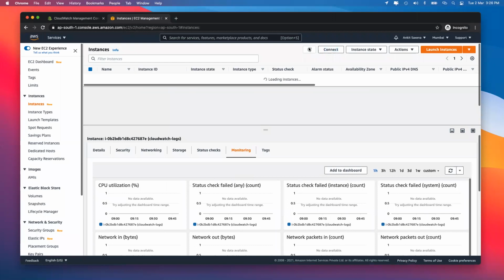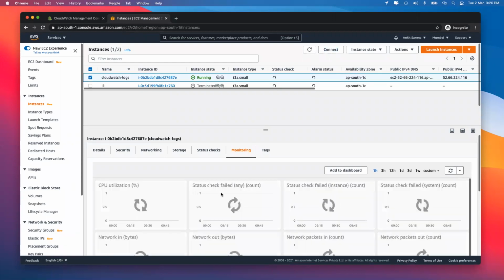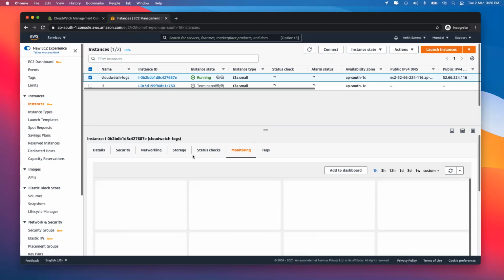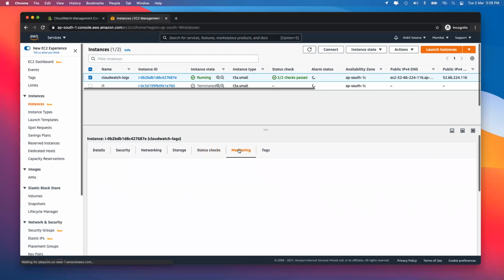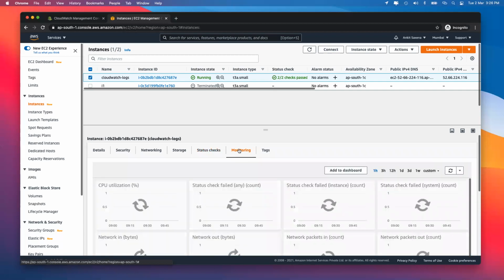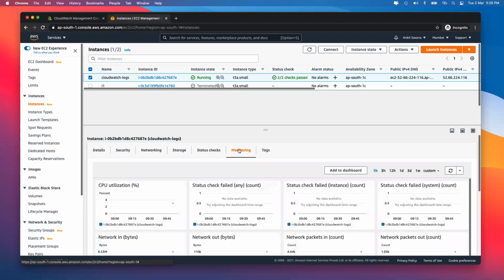So what are the thresholds for that? That is decided by you. You might have multiple alarms for that sake. Let's say whenever my CPU goes above 60%, you might want to create an alarm, or whenever the CPU goes above 80%, in that case, again, you might want to create an alarm. So the same instance can have multiple alarms.